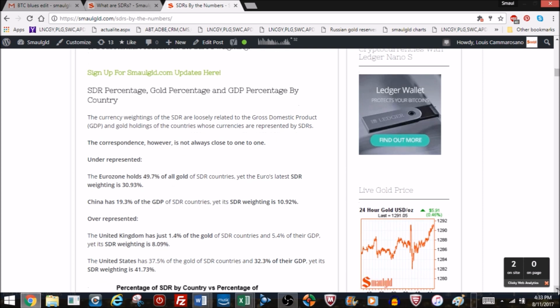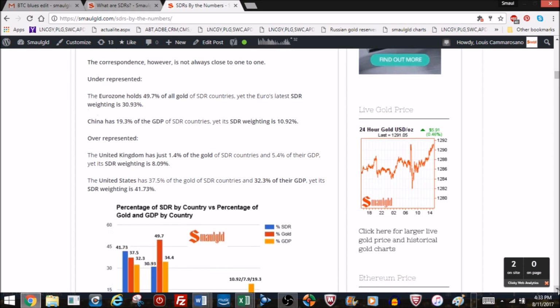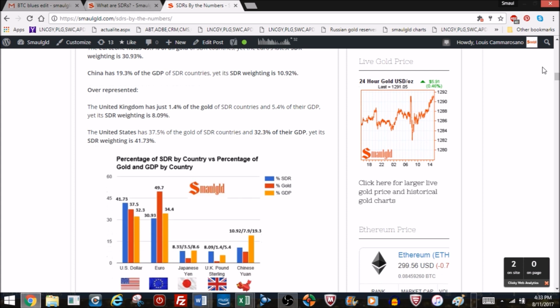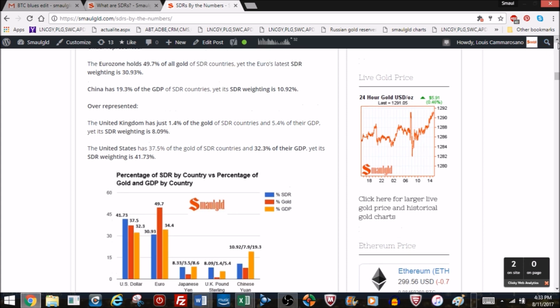But let's take a look at who owns what assets. So the euro is basically the eurozone, and now you're talking Germany, France, Italy, all those countries that are in the monetary union of the European Union. England is not. That's why you have the pound as a separate currency that actually is in the SDR. Sweden is not in. They're in the European Union, but they're not part of the monetary system. They have the Swedish krona, which is part of the dollar index. But anyway, let's get back here.